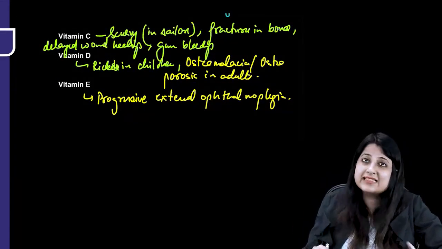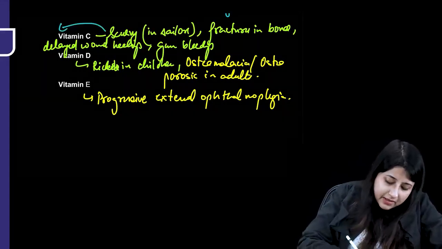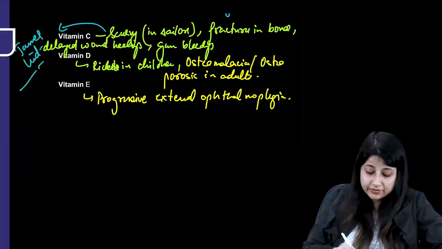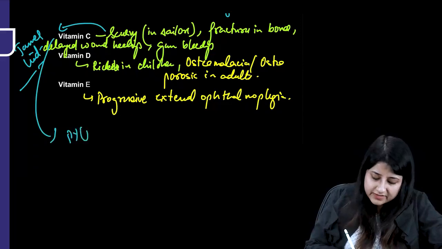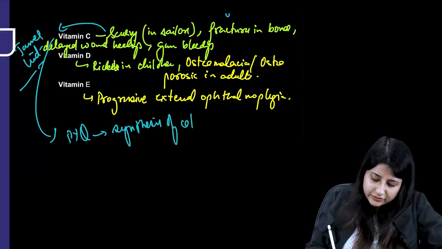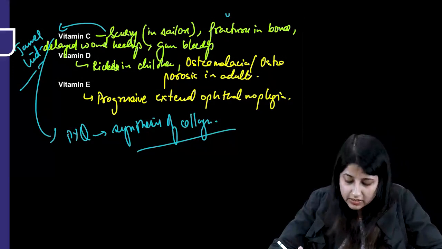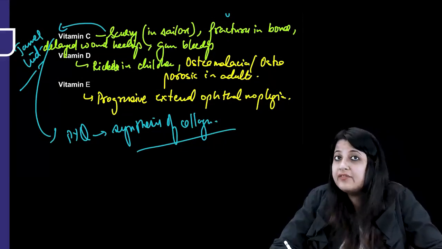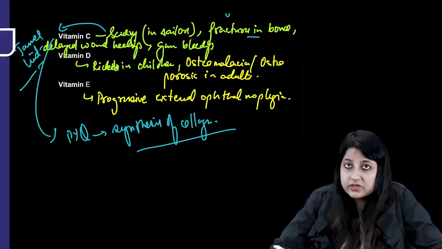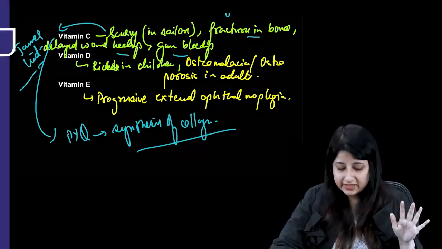Vitamin C, you know, scurvy, swollen gums. Richest source of vitamin C is amla. We have already discussed. And who worked on scurvy? If you remember, from the main video, James Lind. Okay, vitamin C, this is also a PYQ. This is required for synthesis of what? Collagen, right? And collagen is like a supporting framework for blood vessels also, bones also, all those things. So if vitamin C is deficient, collagen is deficient. So this leads to what? Fractures in bones, delayed wound healing and gum bleeding. Please don't say infertility. That's not associated with vitamin C.